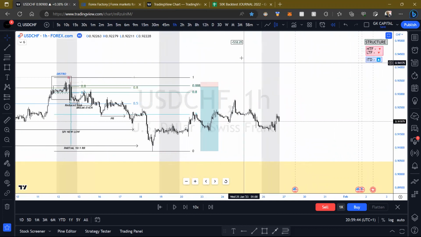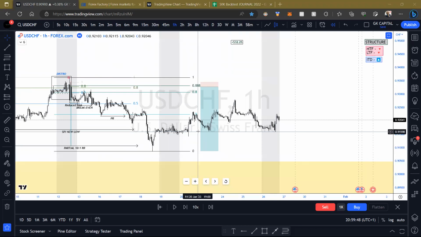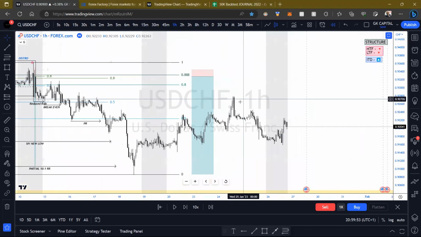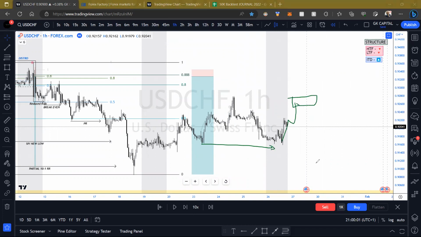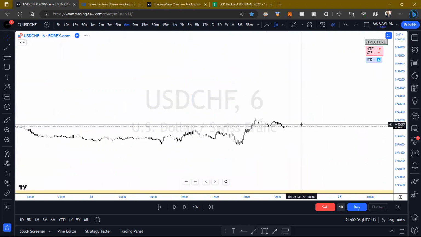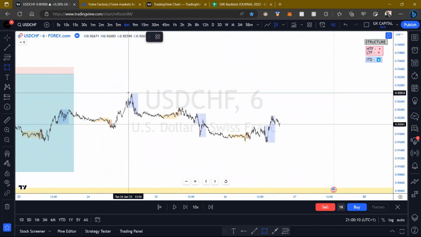Nothing much. Did we break that? Okay, we break that. So now that we've broken this, I would be looking for something in here on the lower time frame. So because we went ahead and we broke that, see if we can get up into here, look for a micro, and then see if we can take it down. That would be my game plan. So we just have to wait for us to get up into here. I'll just draw it out like that.